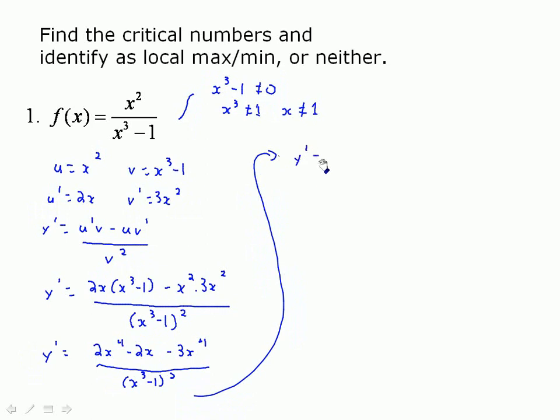Subtract the x to the 4 terms, and we should get that y prime is equal to negative x to the 4 minus 2x, it appears to be, all over top of x cubed minus 1